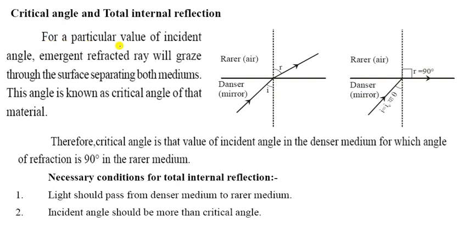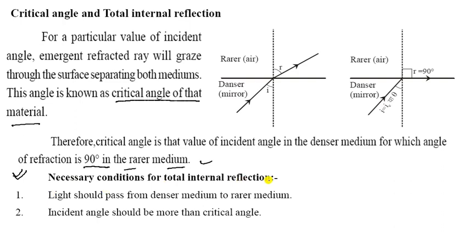Now come to the next one. What is the principle of reversibility of the path of light? So you can see here there are three media: air, water, and glass, and the last is air. When the ray is coming from A to B, it is the rarer medium, that is air, and B to C, it is water, and C to D, it is the glass slab, and D to E, that is air. So if we change the direction of light, it will suffer the same path.